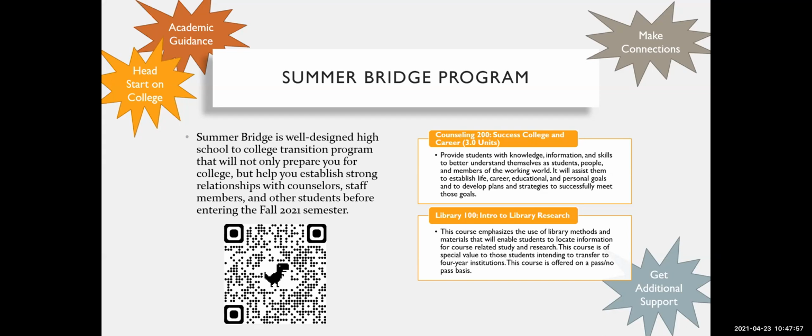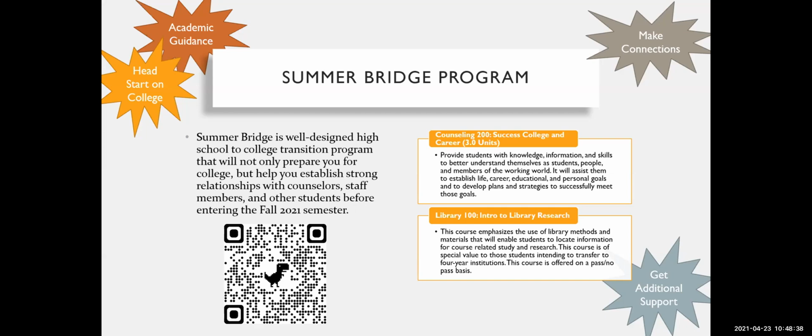So if anybody feels like they could use the support of extra guidance, right? Someone kind of walking them through all their processes, there to answer any questions that they have, seeing a counselor often, and then building community, right, with other classmates and other people that work in a specific office, this is going to be the right program for you. It is a 6-week program, so you'll be taking 2 college courses, Counseling 200 and Library 100. Now, these courses are going to be online, so you'll be able to take other classes if you want to. You'll be able to schedule work, things like that. You'll be doing more videos and modules, but individuals like me are going to be available to support you as you go through it. We only have room for 30 students in this program.